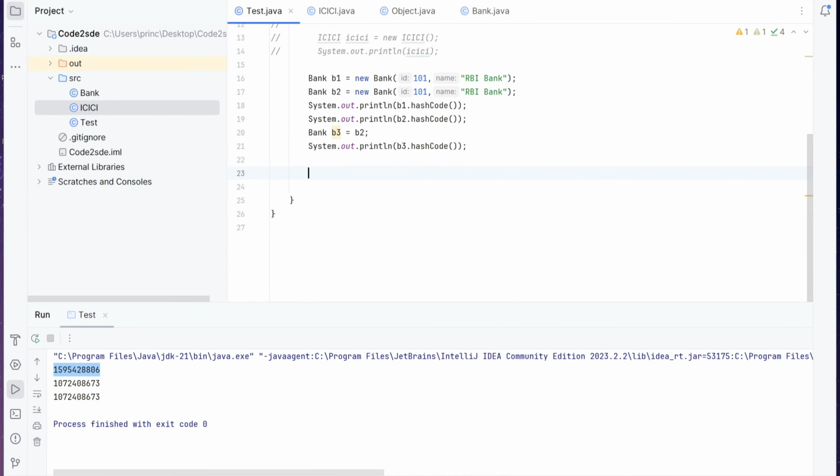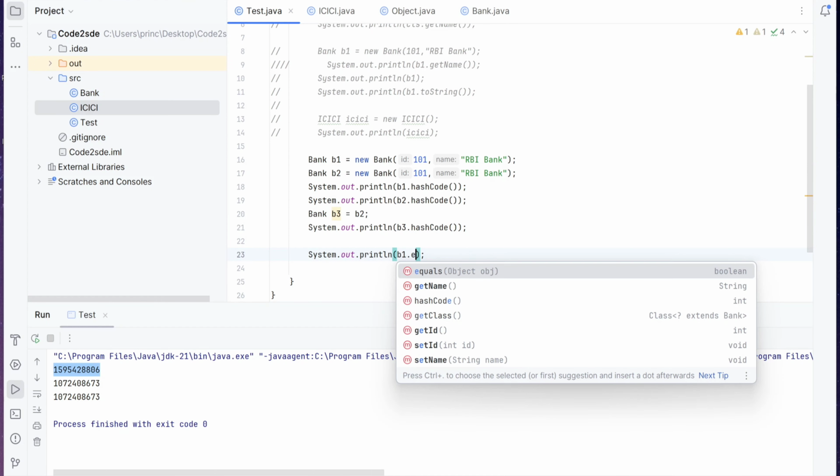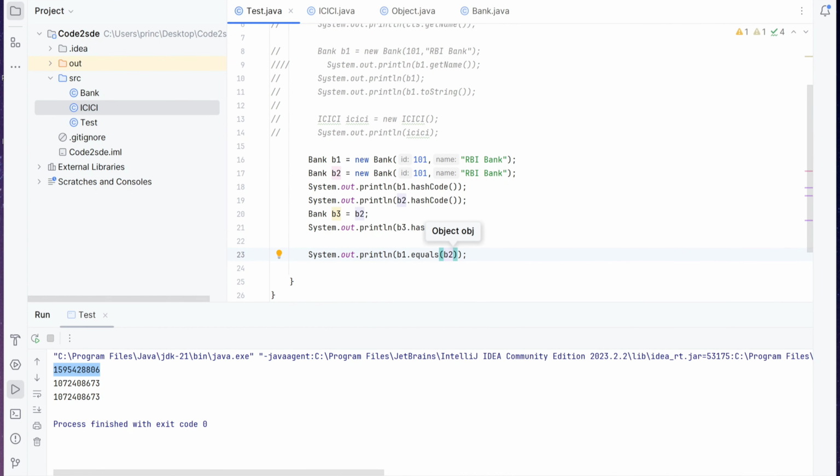So in the equals method, see b1 and b2, we created two objects with the same values, but they are different as the hash code is different. But let's try to check that using the equals method. So I will say b1.equals(b2).